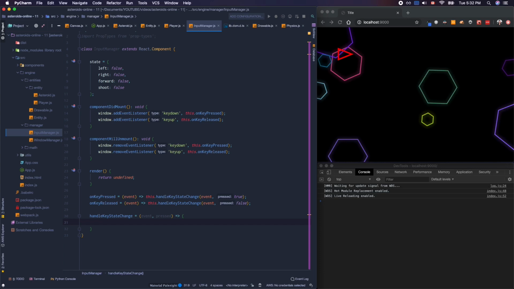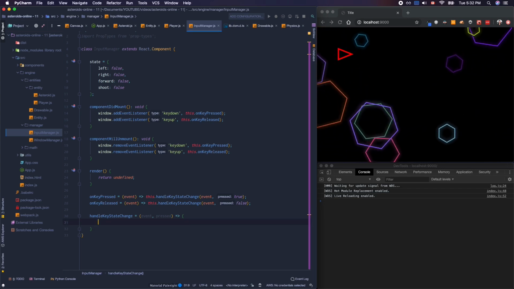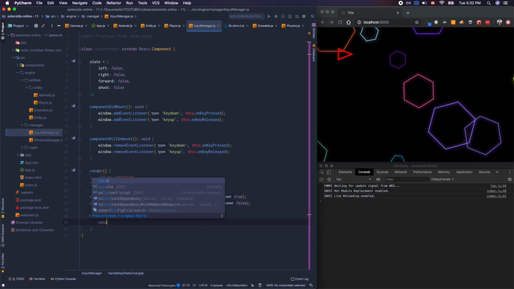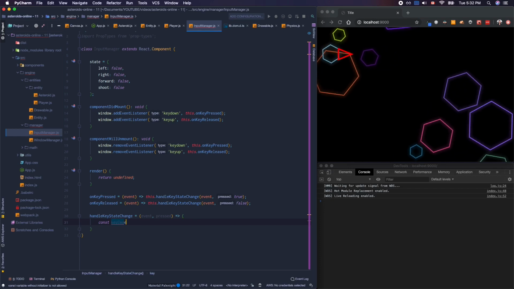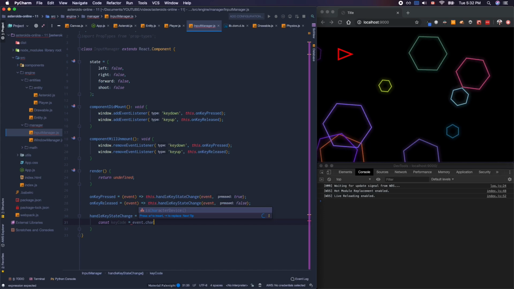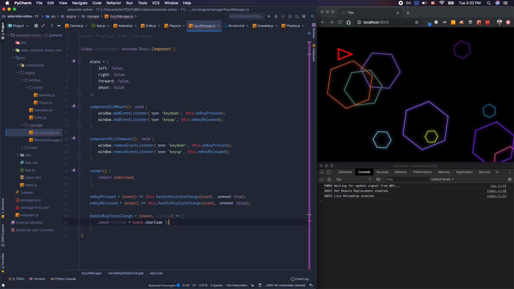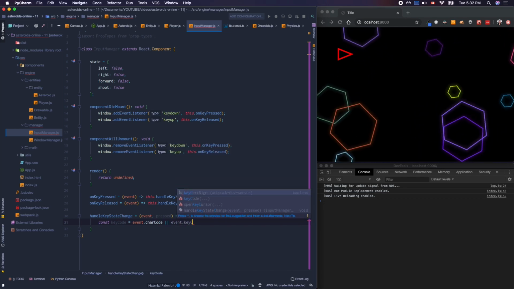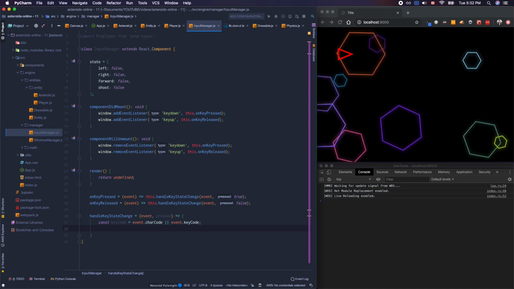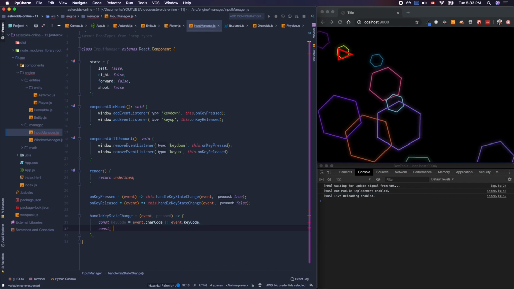Next thing we're going to do is start implementing our key state change. So first thing we need to do is pull the key code that was pressed. So we're going to call it equals event.charCode or event.keyCode. So we'll get one or the other, whichever is provided from the function. And then we're going to get our current state. So we're going to go const